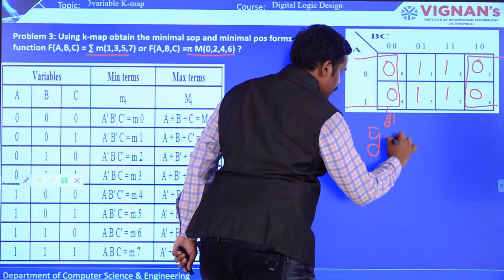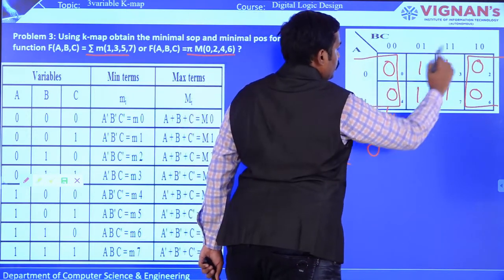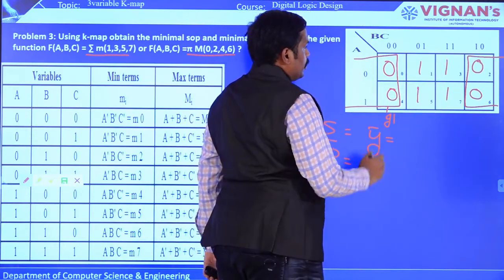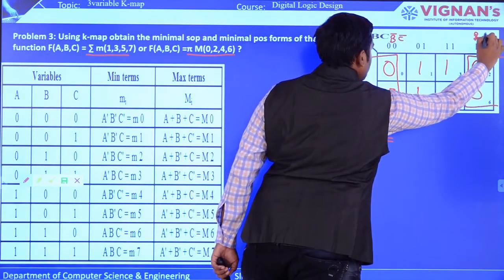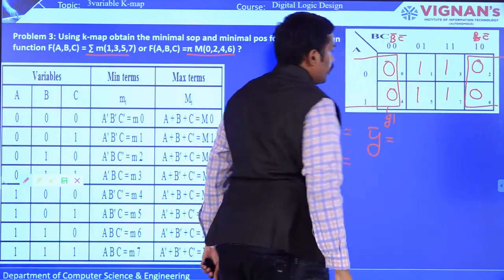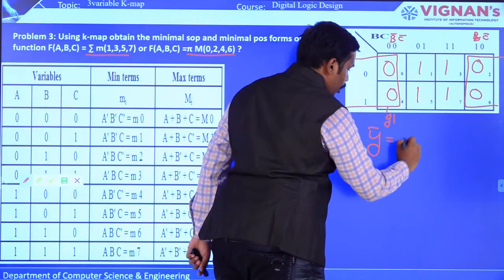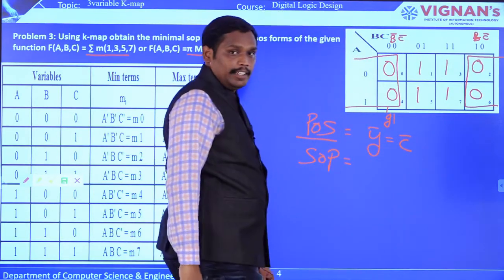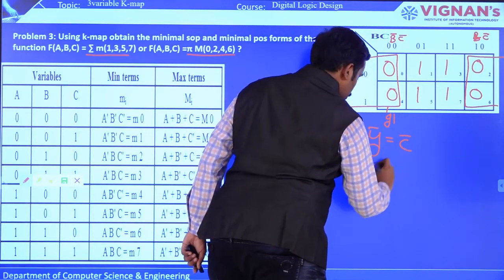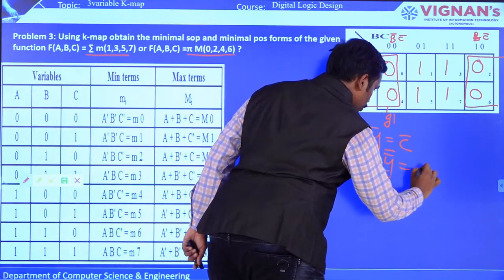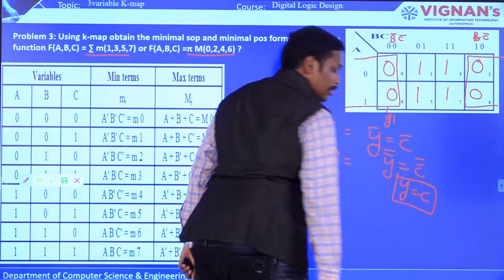Now we are going to derive an expression. So y bar is equal to, so this particular column wise, you can see that B bar C bar and B C bar, right? So you can see the commonality there. C bar is a common term for that particular quad, so we call it C bar, right? So as per the De Morgan law, you have to negate the expression. So this particular y bar bar is equal to C bar bar and y is equal to C. This is the final expression for POS.